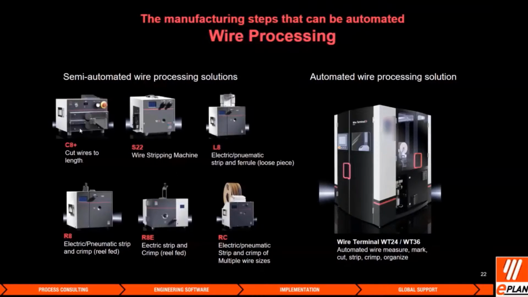We do have semi-automated equipment for customers that have lower volumes or certain specific needs for wire cutting, stripping, or strip crimping for ferrules, whether they're loose piece or reel fed. But the piece I really want to talk about today is the automated wire processing solution, the wire terminal. And so this machine